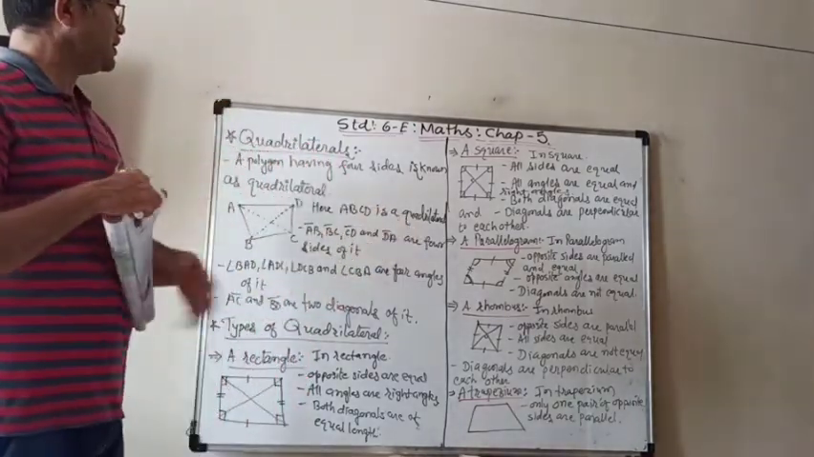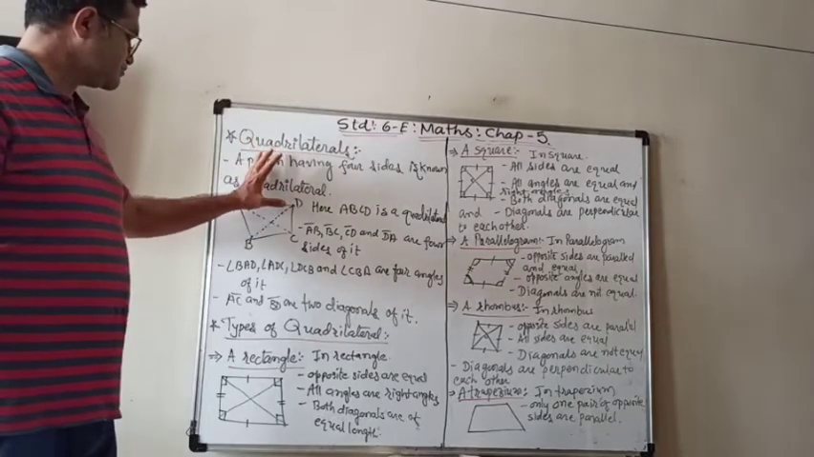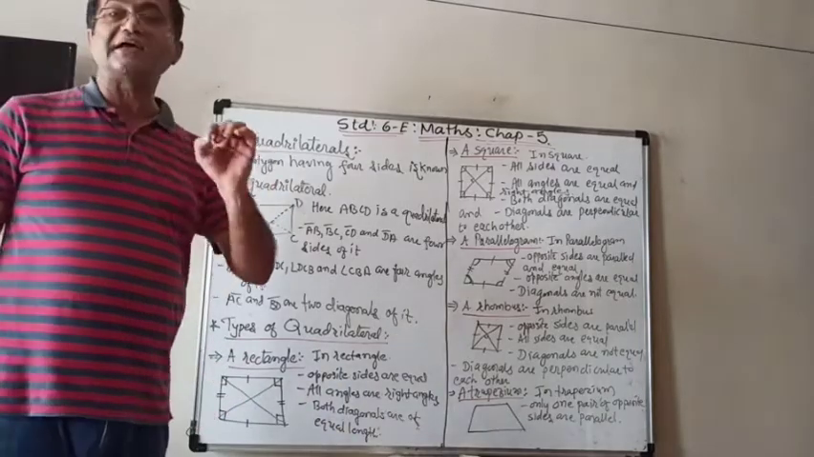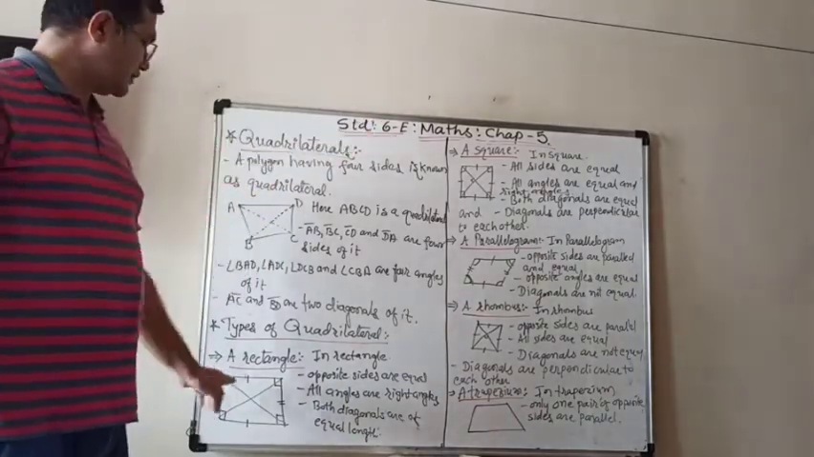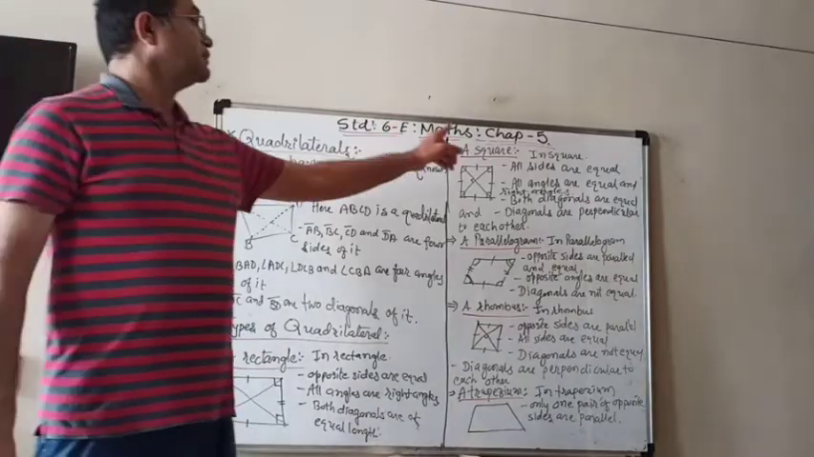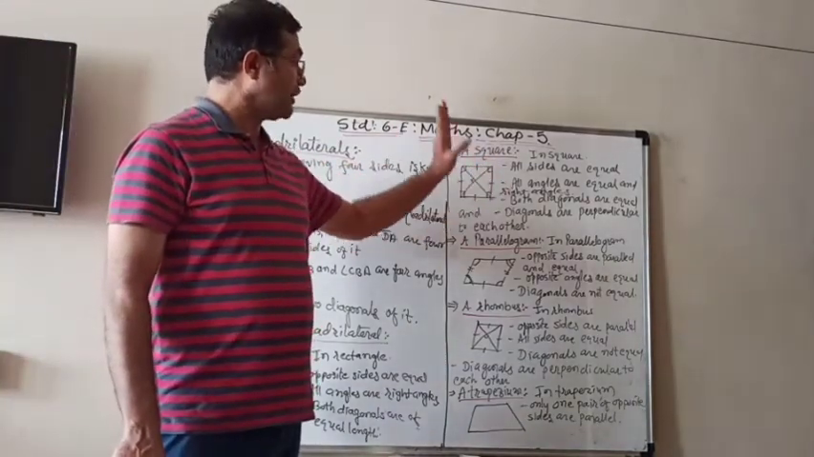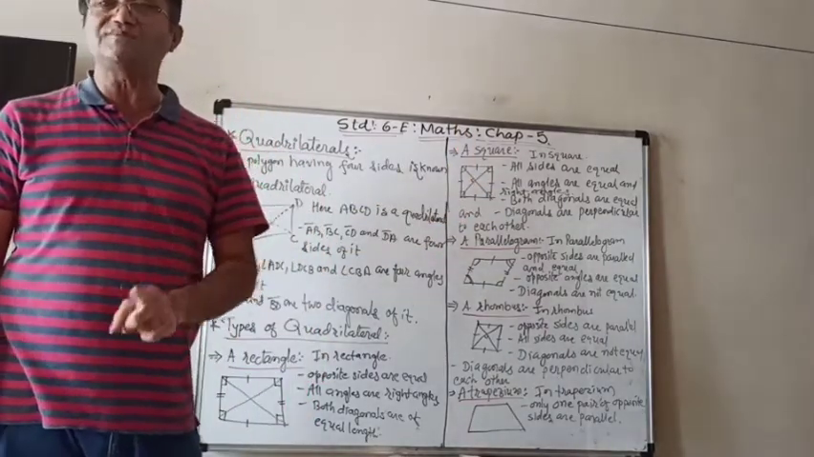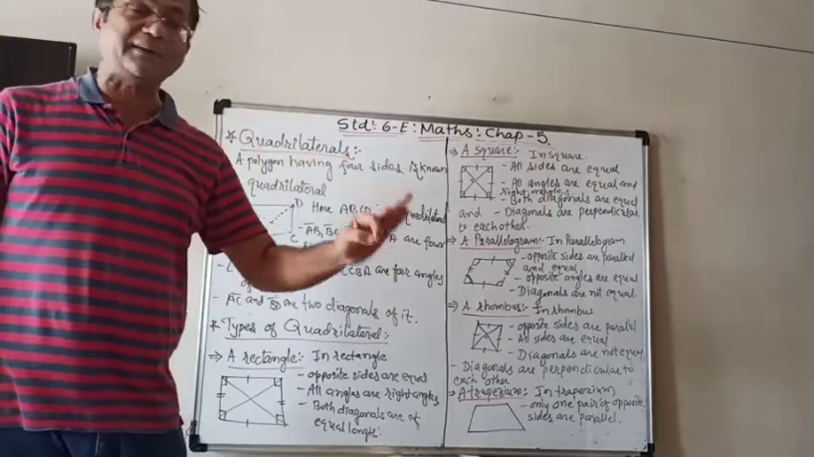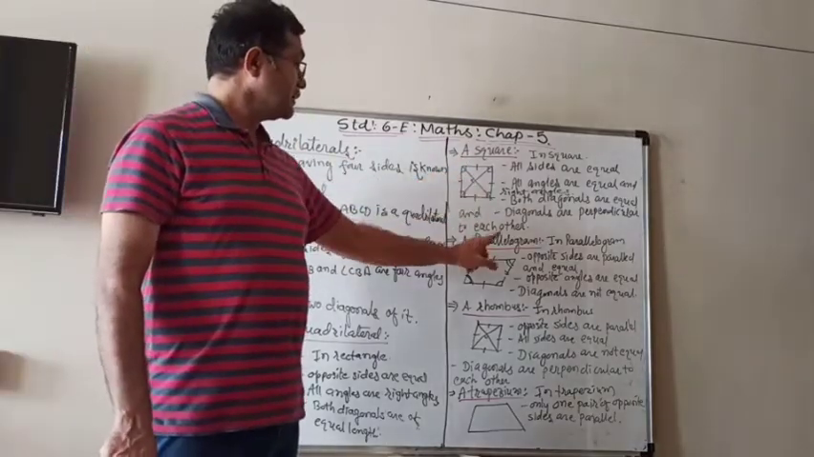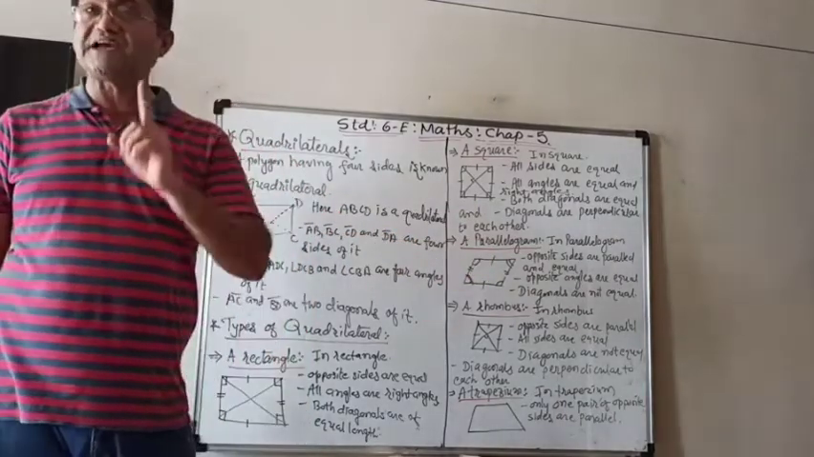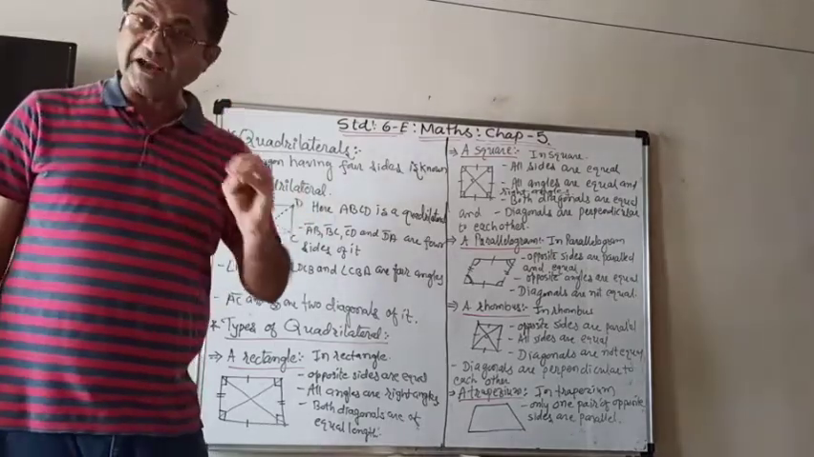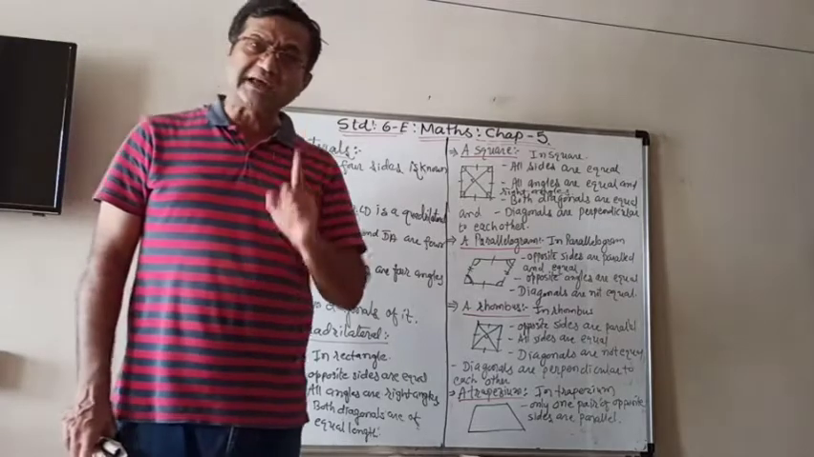So here we learned about the different types of quadrilaterals. First was the rectangle, in which opposite sides are equal, all the angles are right angles, and the diagonals are equal. In a square, all sides are equal and all angles are also equal and they are right angles. Both the diagonals are also equal and they are perpendicular to each other also. In a parallelogram, opposite sides are parallel also, opposite sides are equal also, opposite angles are also equal, and the diagonals